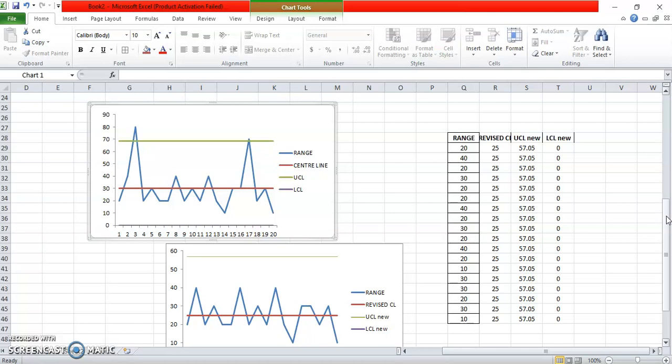Excel is a very easy and very helpful tool. The only trick is you need to remember what the formula is and how to use it, and you don't have to make any more effort. You just have to be very cautious while picking the formula and using it in Excel.